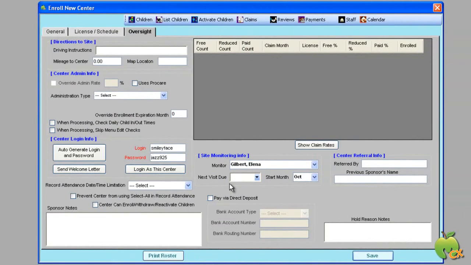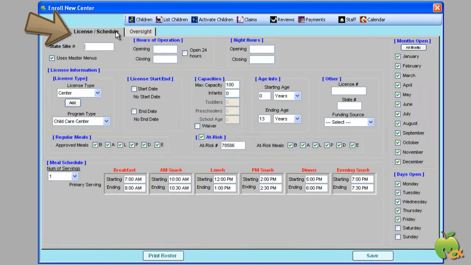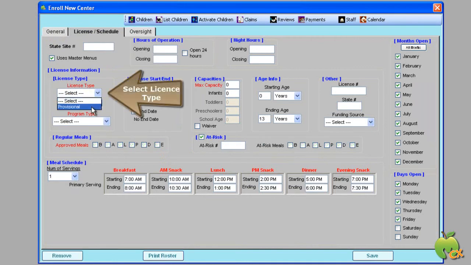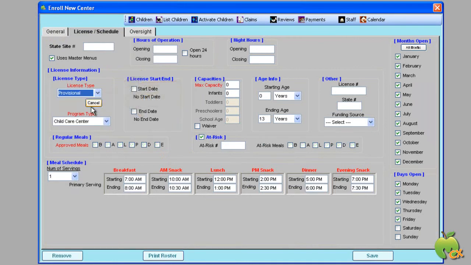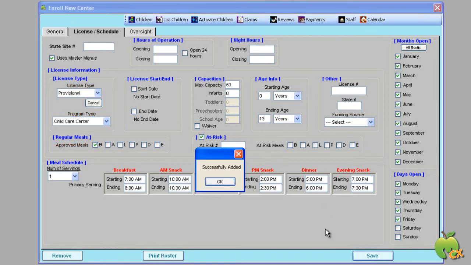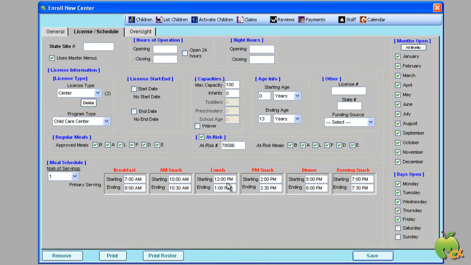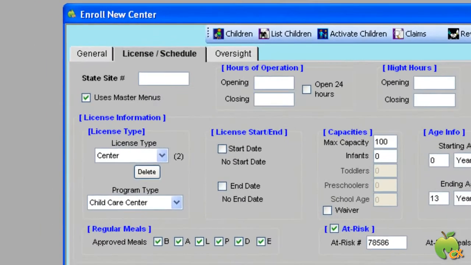If a center has two licenses that need to be entered, the second license can be added after the enrollment process is complete. Just go back to the License and Schedule tab and click the Add button. Enter all required information, then save. If a center has more than one license, the number of licenses will show next to the license type field